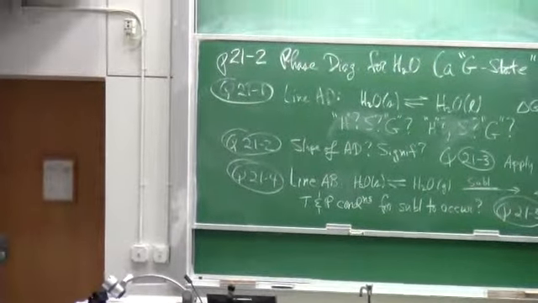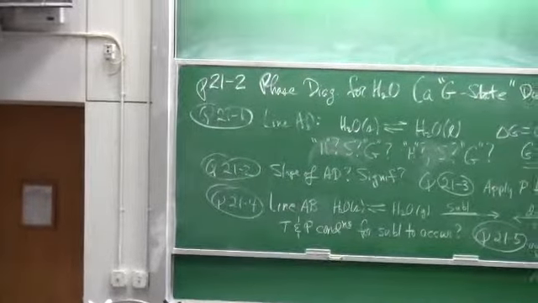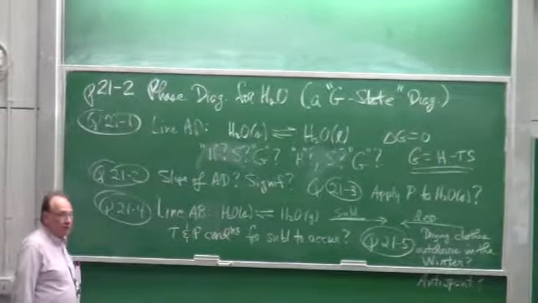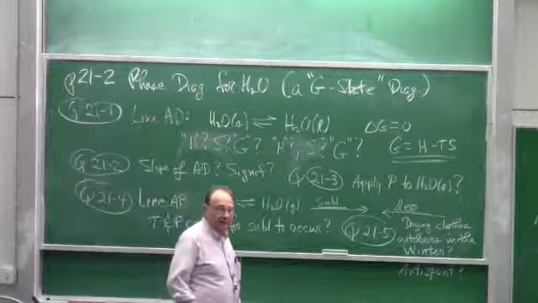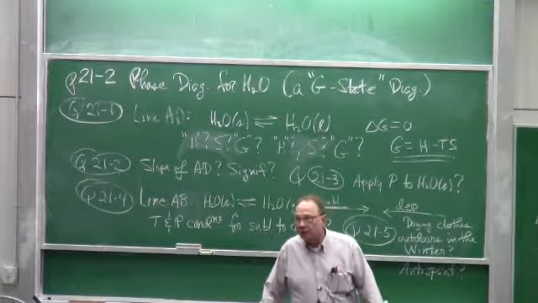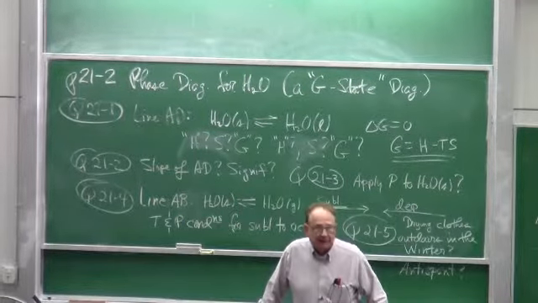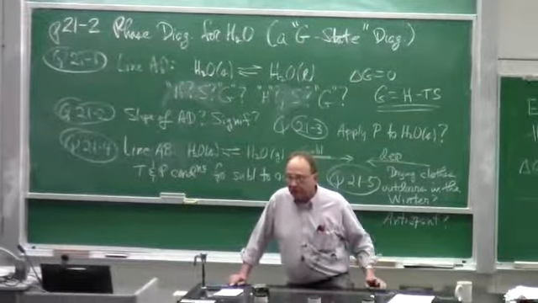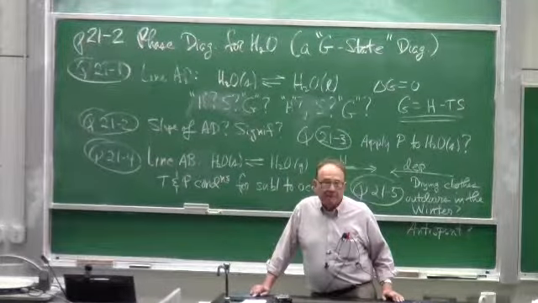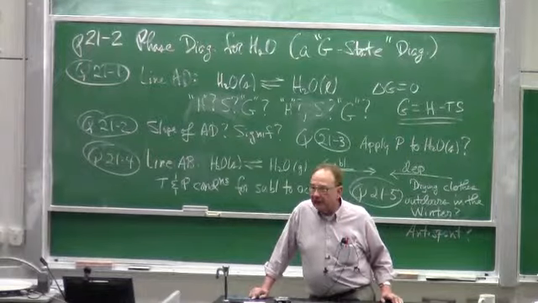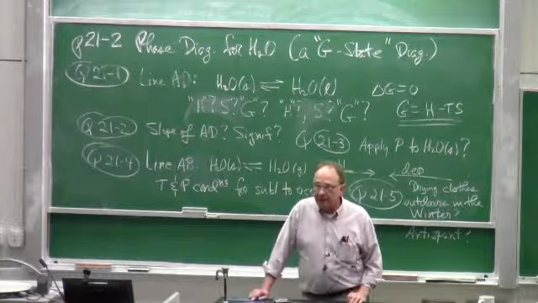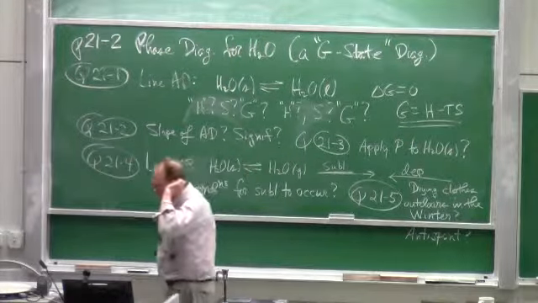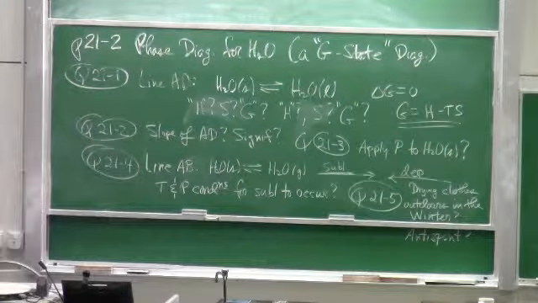So one of the significances of the slope of AD, as we've just discussed, is that by application of pressure, you can cause water solid to become water liquid. And this is one of the reasons why ice skaters can glide across the surface of frozen water, because what they're really gliding across is a very thin film of liquid water. Yet this is still a mysterious thing to scientists, interestingly enough,